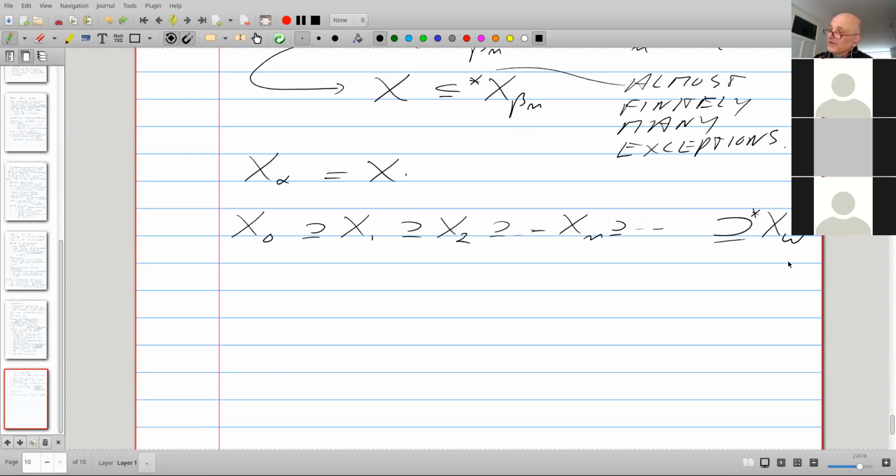Well, at step omega, we get that X omega is almost a subset of X0, of X1, X2, X_n, and so on. Right? At every successive step, we take a proper subset. At every limit step, we take a set that is a subset of everyone, except for finitely many points. Now, if you look closely, it shows you that if you take finitely many of these sets, then the intersection is infinite.